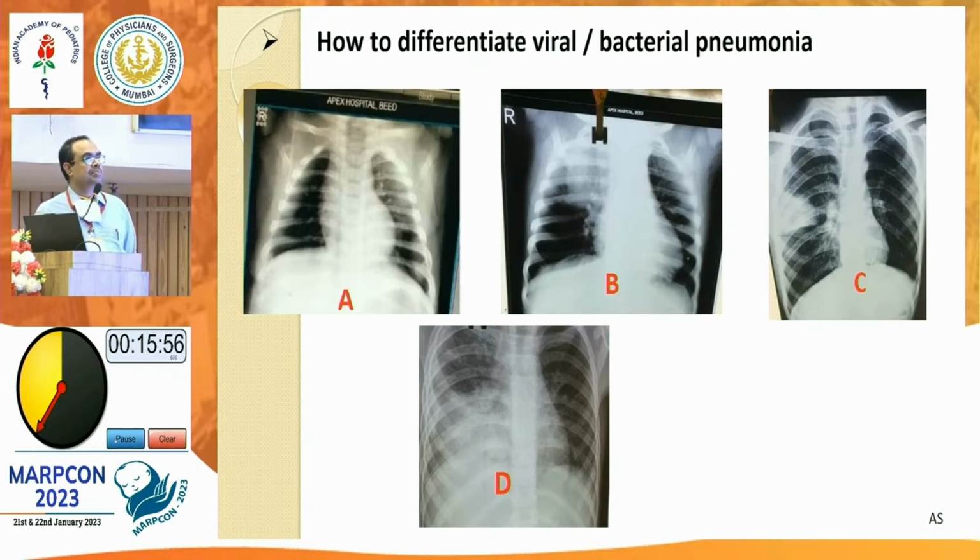Looking at the X-ray, there is involvement of either the lower part of the upper lobe on the right side or the upper part of the middle lobe on the right side, or maybe both. We cannot comment. It could be multilobar involvement. Plus, there is hilar prominence. So this looks more like an atypical organism associated with this. As you are saying, there is radioclinical dissociation. So I'll say this is more of an atypical pneumonia rather than a lobar pneumonia.